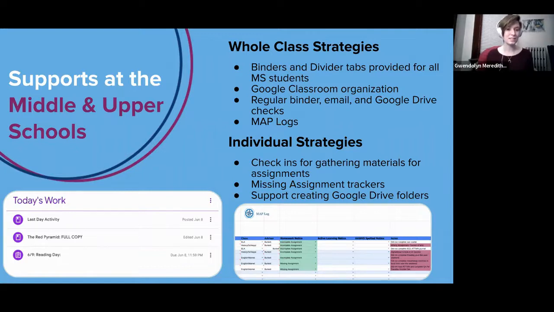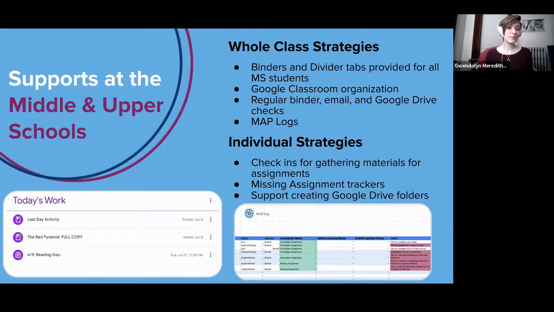The MAP log is the make a plan log that every single student has, which is where students might get a note from a teacher about a missing assignment or a missing material, and they can make a plan about how they can get that done. At the upper school, they have UP forms where every 2 weeks, students get some feedback and communicate with their advisor about any missing assignments or classwork or materials that they might need to be bringing into class the next day. And this is just a way to help students get some of that external feedback and support with making sure that if they forgot a material or a task, other adults are still helping them get checked in and making sure they're staying on track.